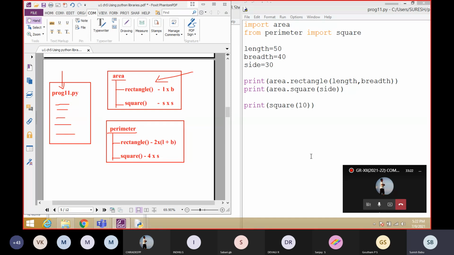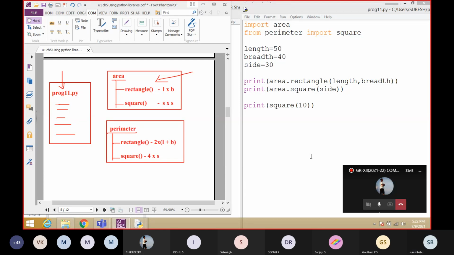Kindly note down, everyone. Any doubts, students? Anybody having doubts? You can ask me now. This is the way you can create your own module and you can import the functions present in that particular module.